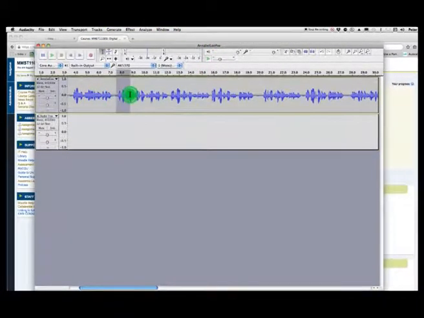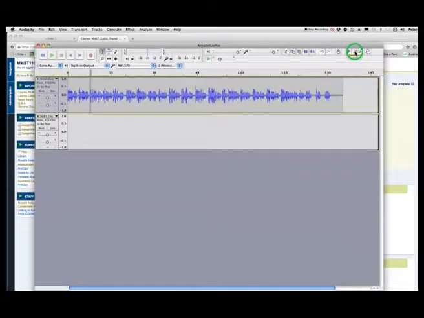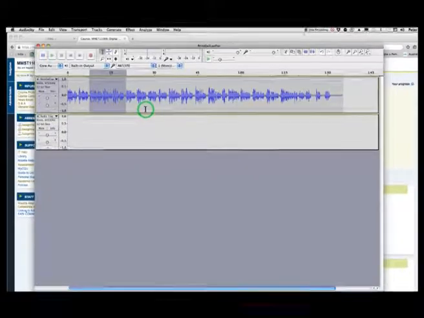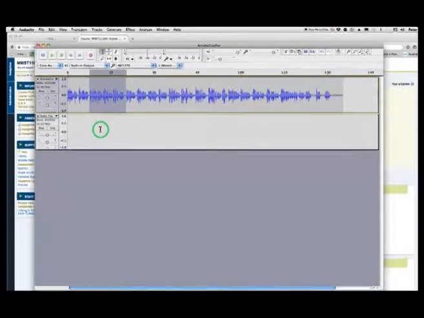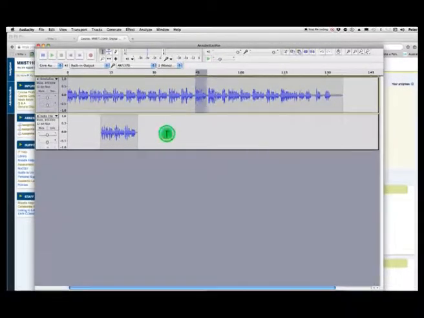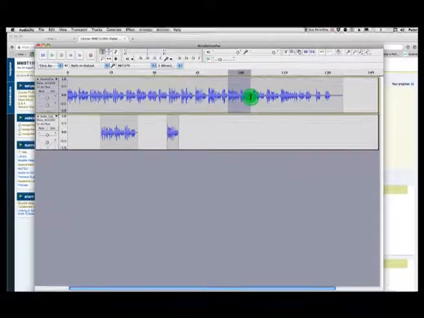You might find a bit of this poem that you like here. I'll just go back with the magnifying glass so it's a little bit easier. You might find that bit you like. I'll just click that and get it a bit more accurate. You can just go Control Cut or Control Copy and put it there. Then you find another bit you like. You can have two tracks up here, one and another one with both the poems in. Control C and Control V. And then you've got these bits and pieces building up your little story.